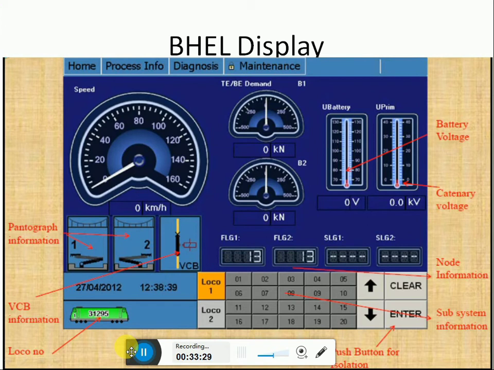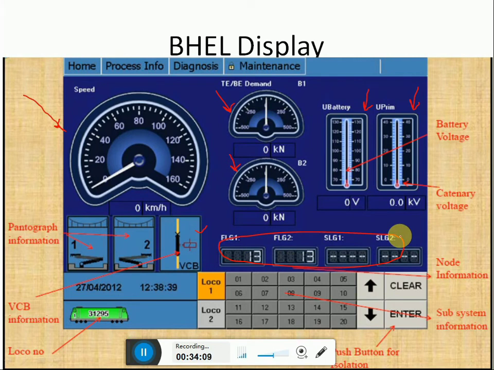Directly we can see the digital meters indicators on screen: speedometer, TB meters, battery, OHE and position of pantographs, VCB, loco, and if TCN communication, because FLG indications will be there.